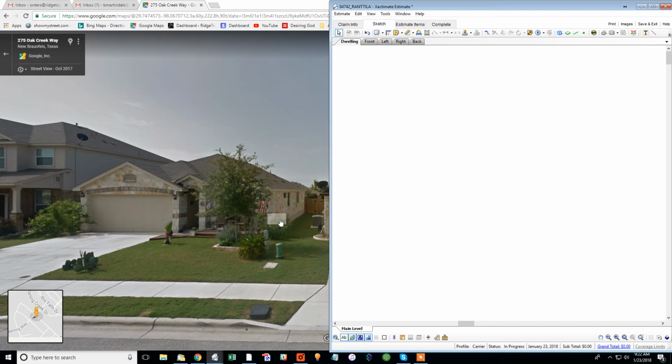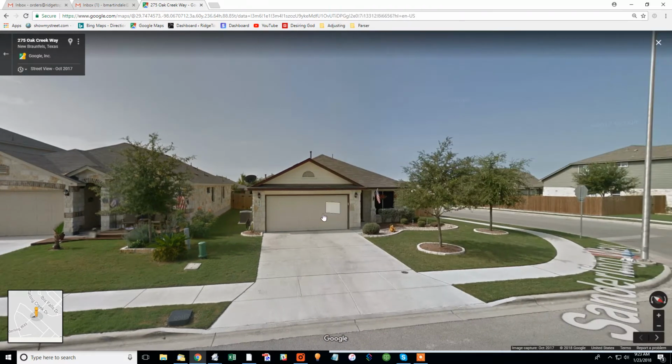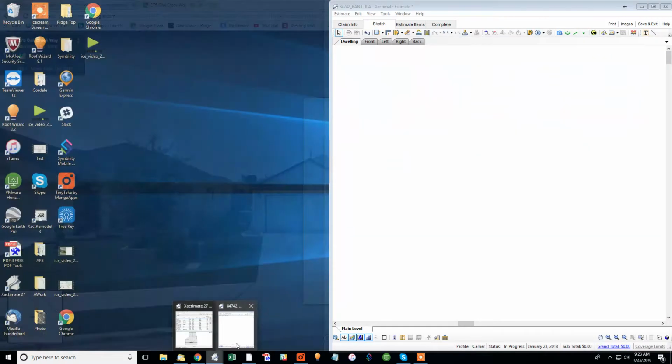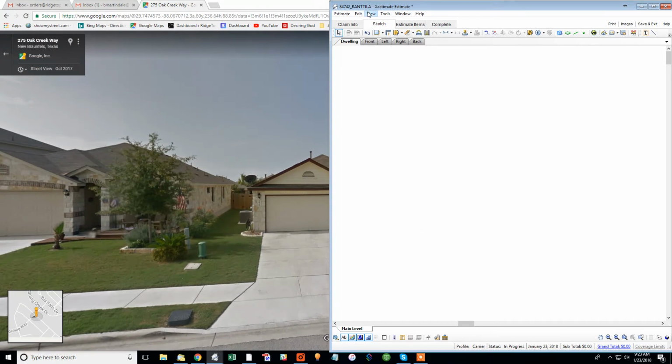I'm going to show you how to do a wall report right here on this house. We're going to do the front, the left, the right, and the back side of this house. Here we go. So first what you want to do is take a screen capture of this, which I've already done. And you want to import